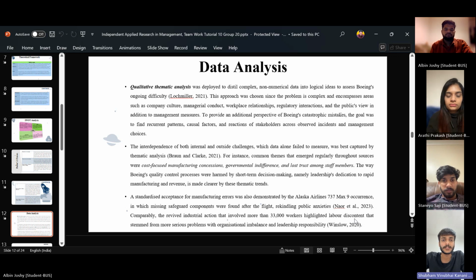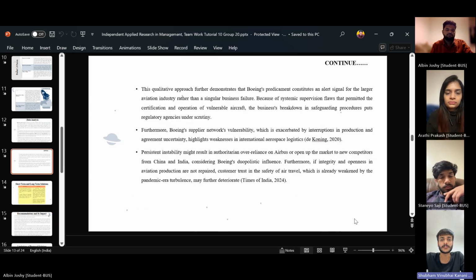Qualitative thematic analysis was deployed to distill complex non-numerical data into logical ideas to assess Boeing's ongoing difficulty. This approach was chosen since the problem is complex and encompasses areas such as company culture, managerial conduct, workplace relationships, regulatory interactions, and the public's view. In addition to management measures, to provide an additional perspective on Boeing's catastrophic mistakes, the goal was to find recurring patterns, causal factors, and further demonstrate that Boeing's